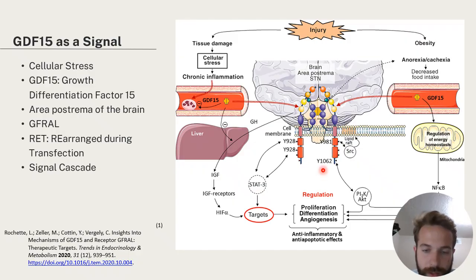And so specifically when this Y1062 is phosphorylated, it recruits this PI3K AKT and it's able to produce nitric oxide. Now my face is covering that right now, but that's what shows here. And so this nitric oxide is able to help with the regulation of energy, or the homeostasis, I guess, specifically in mitochondria. And so through this pathway, mitochondria is able to be regulated, like, well, during obesity, I guess,